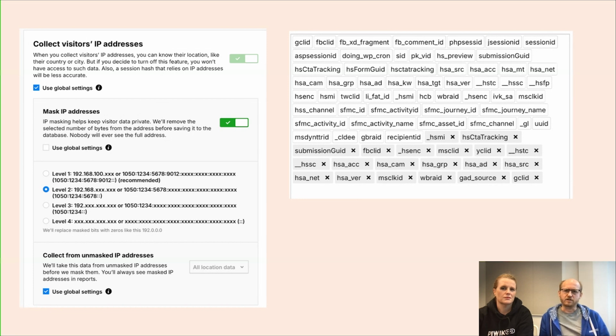So there should be nothing that would let us or anyone else, for example Piwik PRO's people, identify any users. The data is not being integrated with HubSpot or Salesforce, and all the advertising click IDs have also been removed from the data.